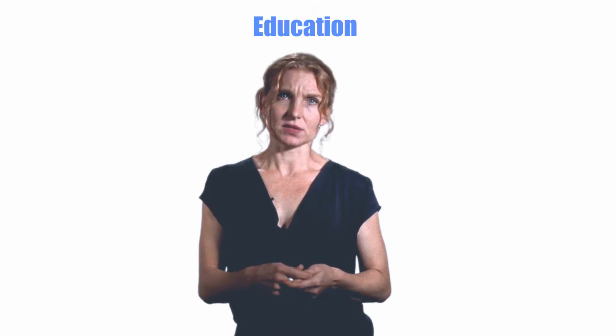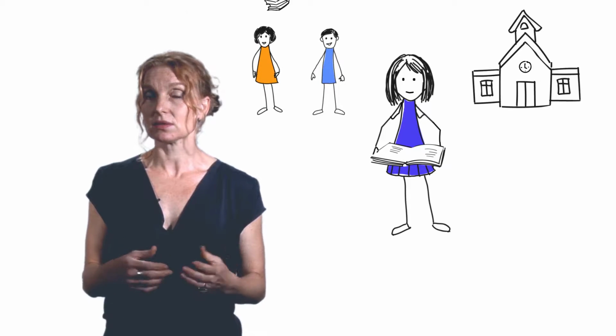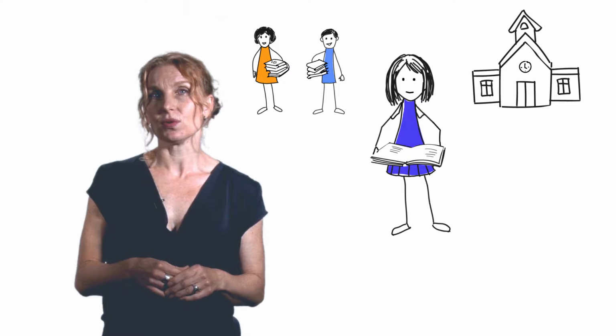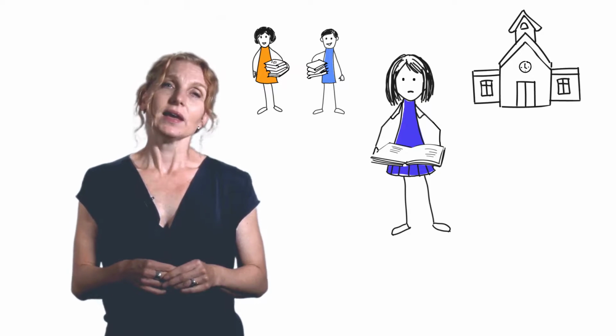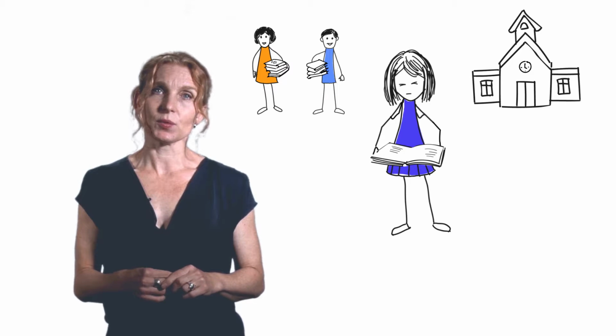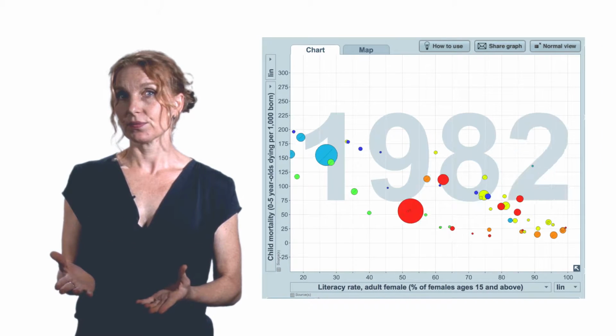Education is one of the factors that will have a big impact on Anna's health. Does she go to school? Can she read and write? Did her parents go to school? And how does she do in school if her eyesight is bad and she can't afford glasses? Education is necessary to understand what may be harmful to our health and how we can protect ourselves and our children. Look at this graph.